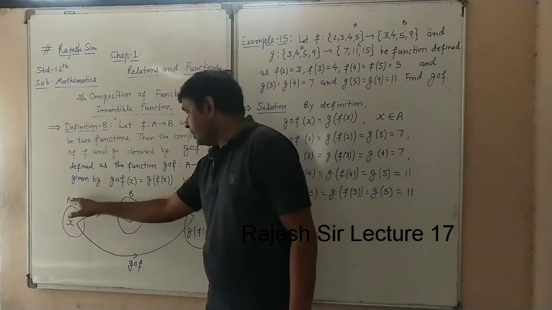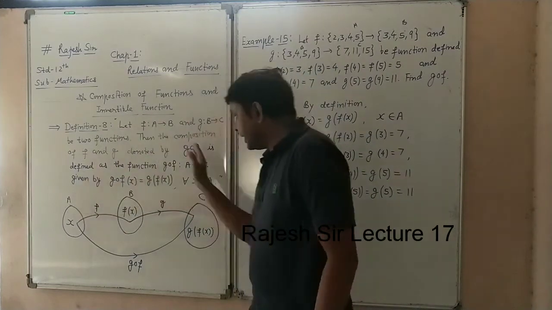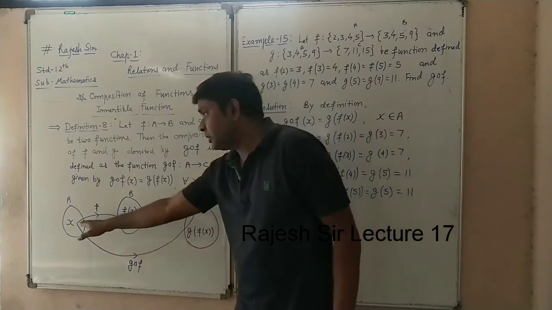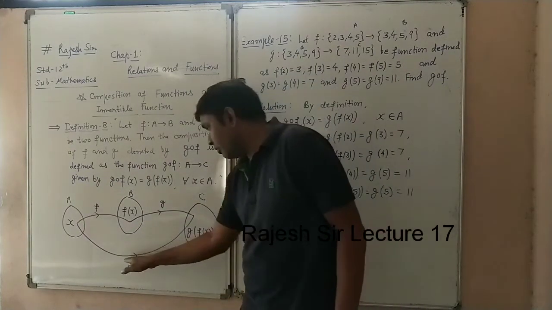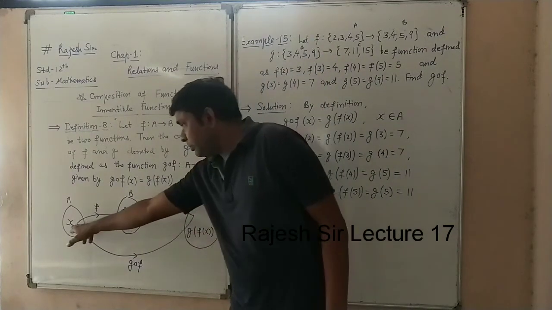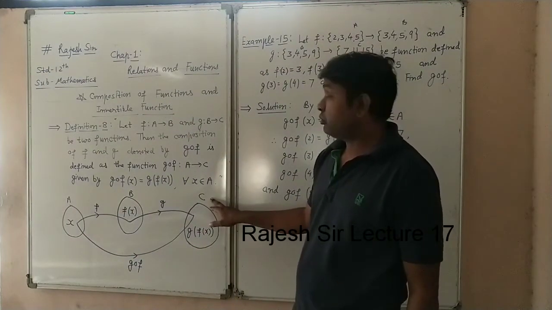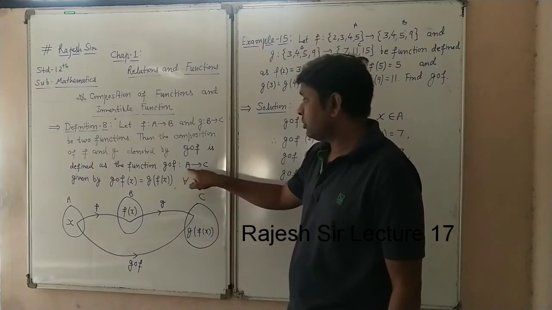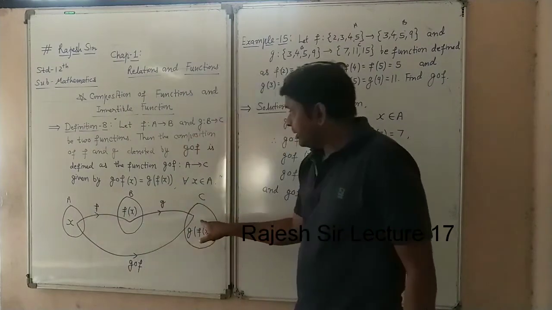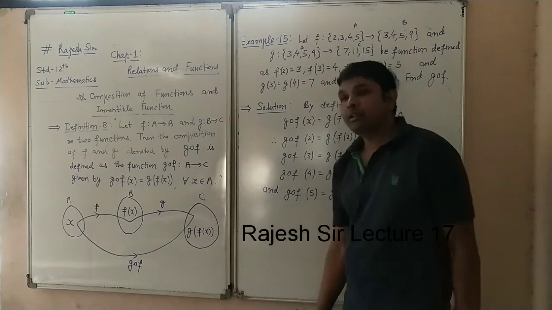So here f from A to B and g from B to C, two functions are there. To define A to C directly, we have it shown this way, g(f(x)). If we define A to C directly, it is called g of f. Understood? In it the domain will be A and the range will be of C. This also we have to remember. That's why gof is from A to C. For gof, the domain will be A and the codomain will be C. This way we have to define and understand it.